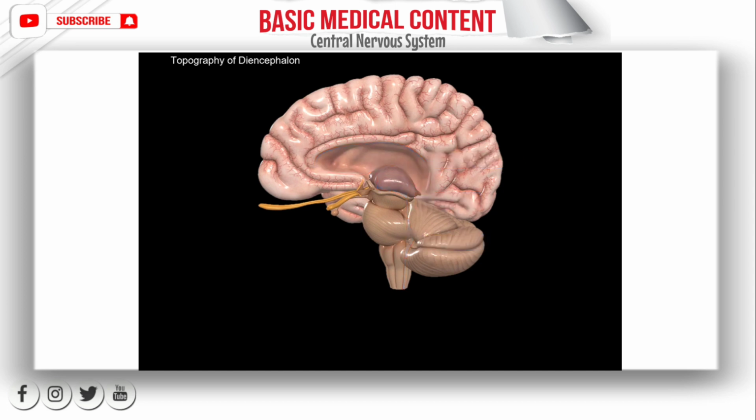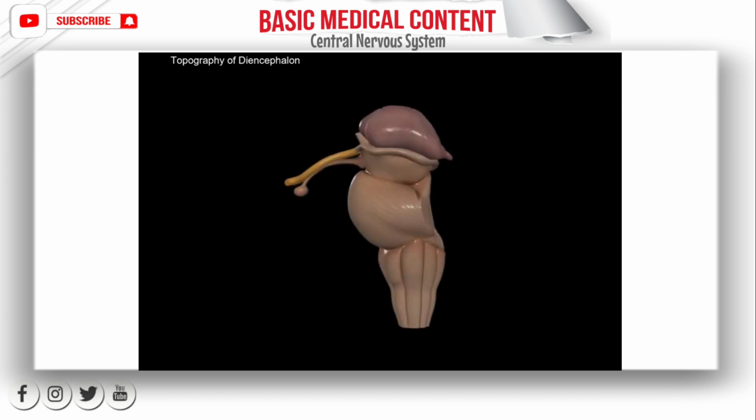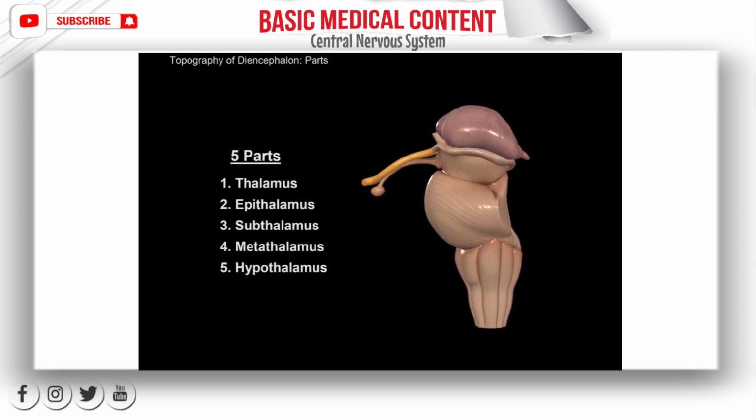Alright, so the diencephalon surrounds the third ventricle, and its job is to connect different parts of the telencephalon with the brainstem. So it's like a post office of our brain, directing the signals to the right place. So let's now remove the surrounding structures that are not significant to us yet, and orientate around the different parts of the diencephalon. So the diencephalon consists of 5 parts, and that includes the thalamus, epithalamus, subthalamus, metathalamus, and the